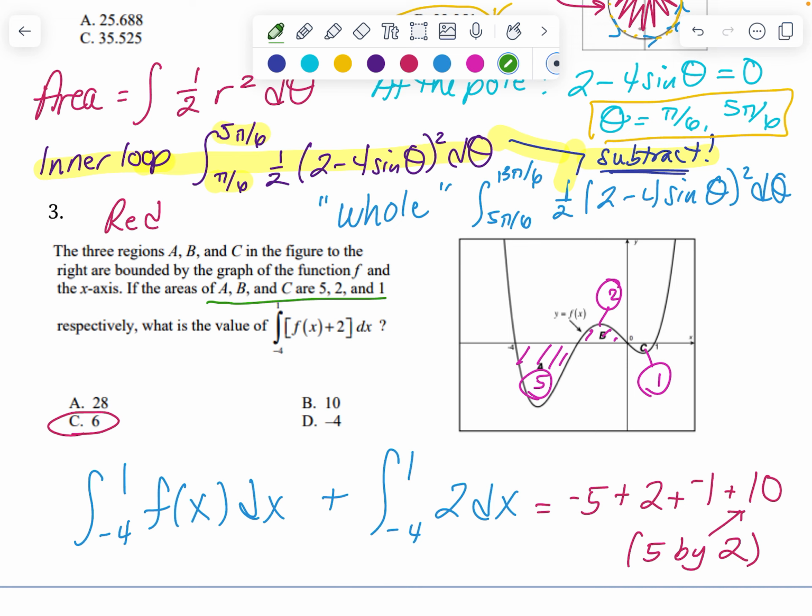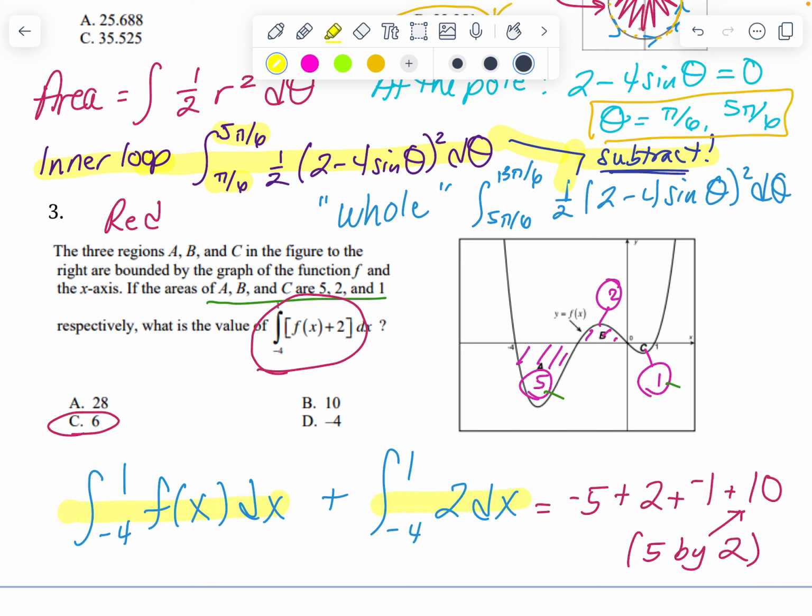Bear in mind that if I were then to integrate, this 5 would be negative, this 1 would be negative, if my bounds are left and right set up properly, okay? Now they asked me to consider this statement and figure out what that would equal. Well, you can see my work down below. So I split this up. This is not the only way to do this, but I chose to split it up into this integral and